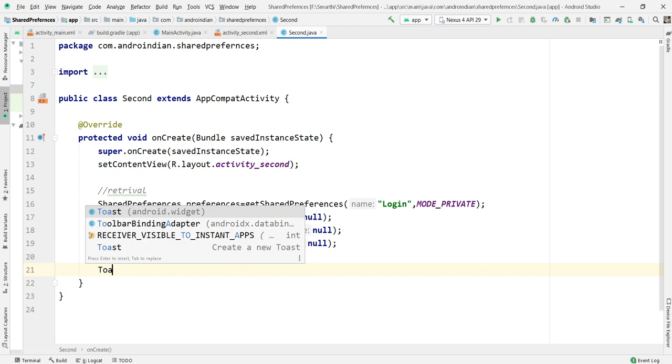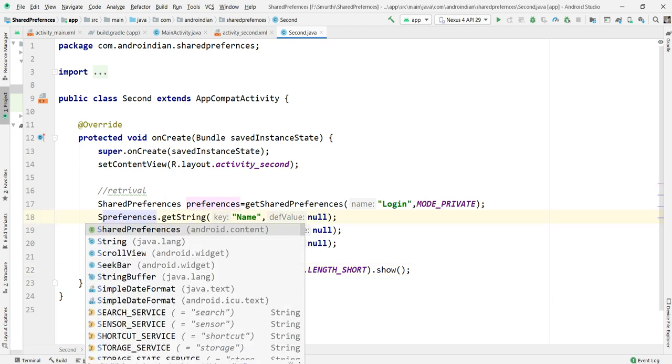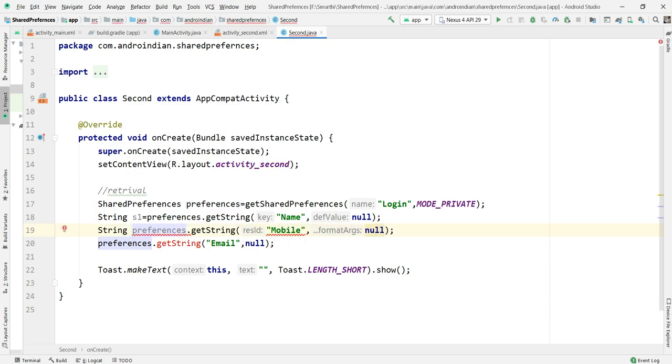Now I want to access this. I just want to check this data in a toast. So here if you want to access this, you need to assign this to some variable. So I'm assigning this to s1, and this string s2, then this string s3 like this.